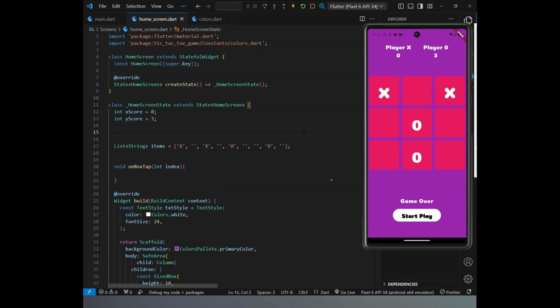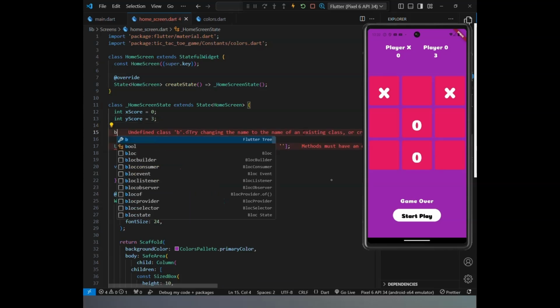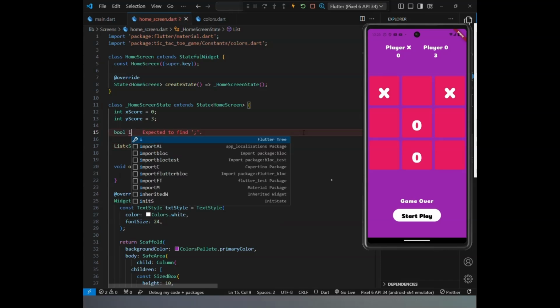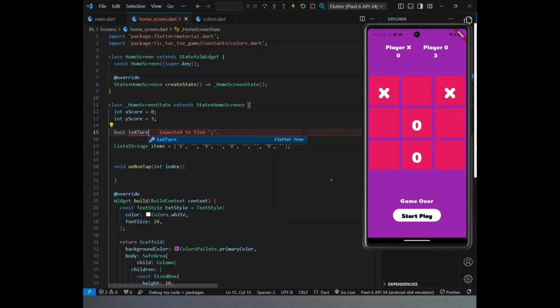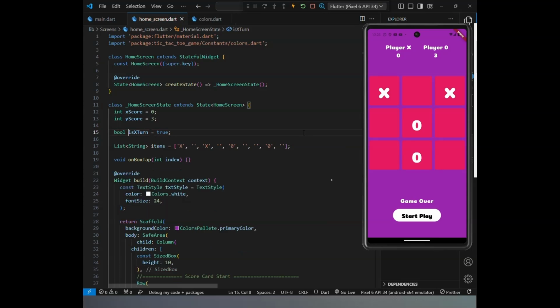Each element in this array can either be empty, marked by an X, or marked by an O. The challenge lies in updating this array when a player makes a move. When the user taps on a cell, the corresponding element in the array is updated, and then the turn alternates